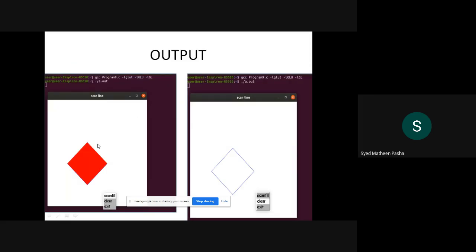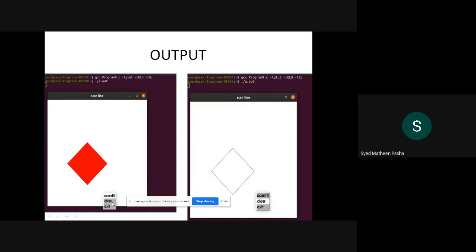Check out the output. Once you give GCC, hope you have not forgotten the commands I have told you for compiling and checking out the output. So this is the output of your program. Then once you right click on this particular output screen which you have got, you'll get three basic options, that is scan fill, clear, as well as exit. If you give scan fill, this will be created.